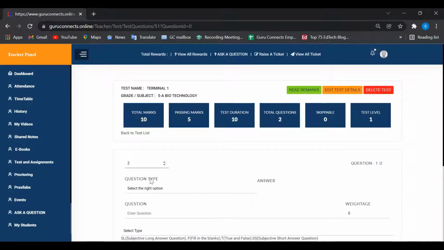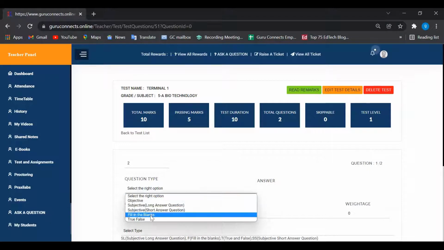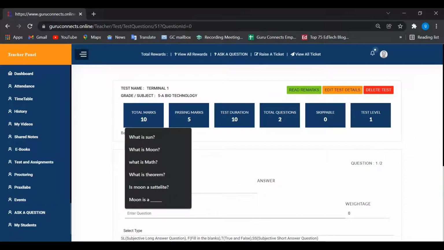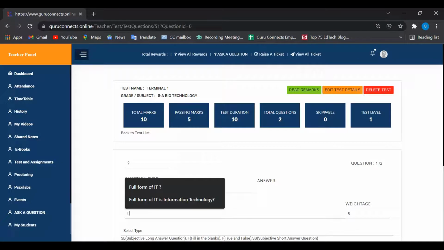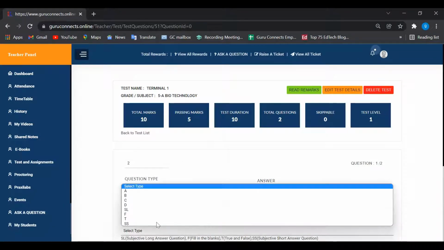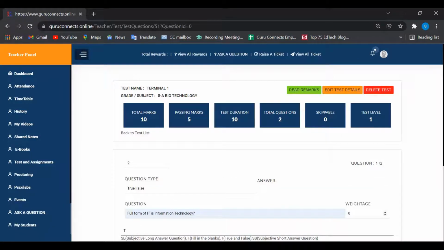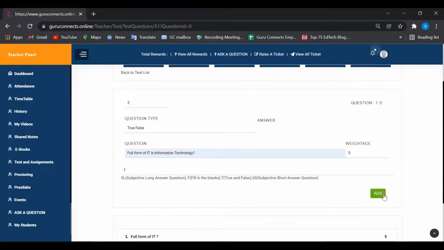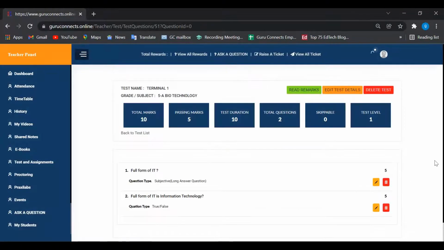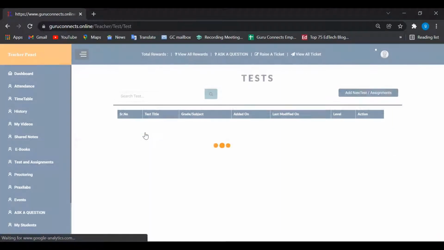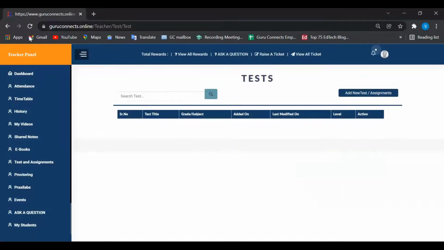We have another question to add for 5 marks, true or false. Alright, we select true, give 5 marks. So once we update this, the system will not let you add any more questions. If you see here, the add questions panel has disappeared. It does not exist anymore. We will not be able to add any more questions. We will go back and assign this test to that particular students.